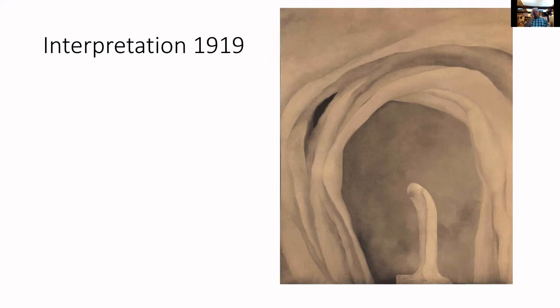And this is a funny piece. There was always a lot of talk about her flowers being kind of symbolic of female sexuality. Well, this is a sculpture that she did after her mother died, a stone sculpture of a figure in mourning. Well, Stieglitz placed this in front of the painting and took a photograph of it, which of course is what Stieglitz is thinking about, maybe not at all what Georgia O'Keeffe was thinking about.